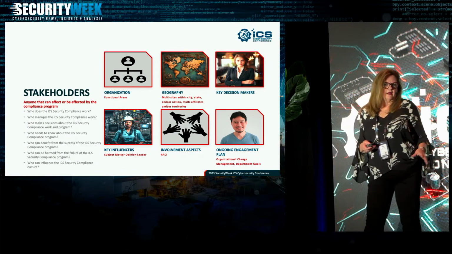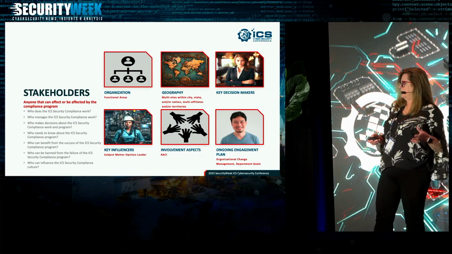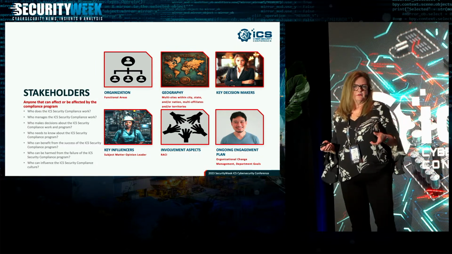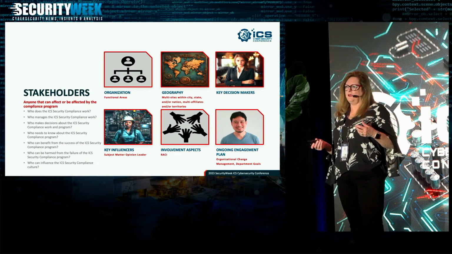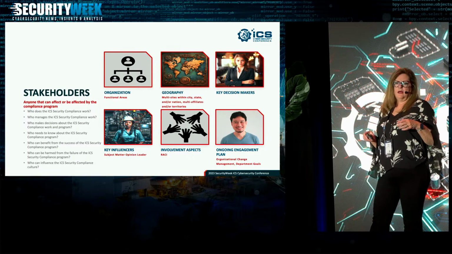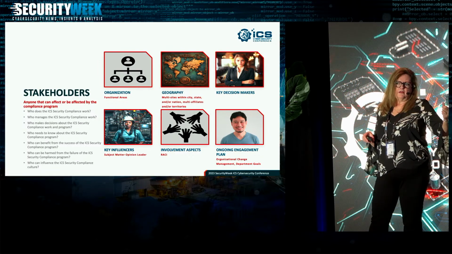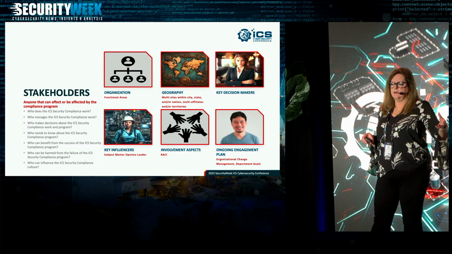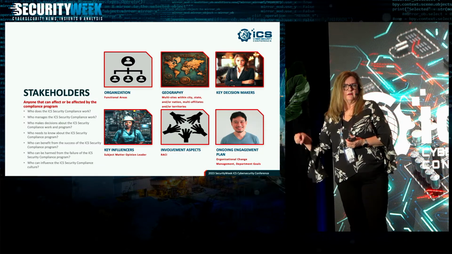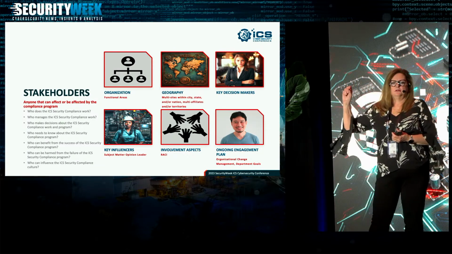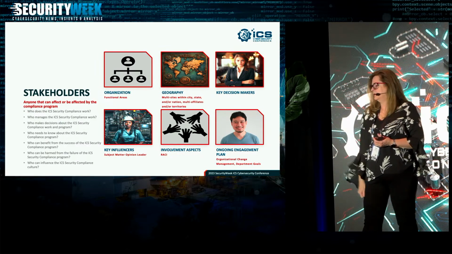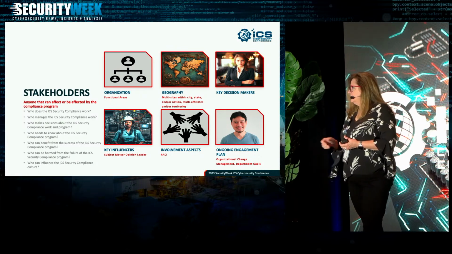Well, how do you figure out your stakeholders? I think most of you kind of know that for most of them. Maybe your organization is global, or maybe you have multiple affiliates. So you're going to look at your geography and then how your organization is functionally organized, who needs to be in play. If you look at the requirements of the framework or the regulation that you have to meet, you'll start to see, and you'll want to maybe make a list of those requirements and start penciling names in. Okay, Joe probably can run with the patching, Alice can run with the anti-malware, and so on.